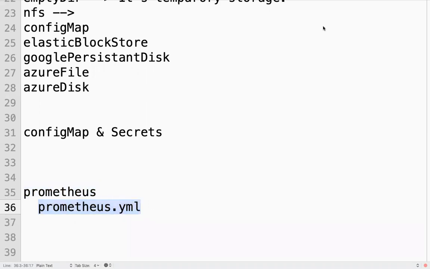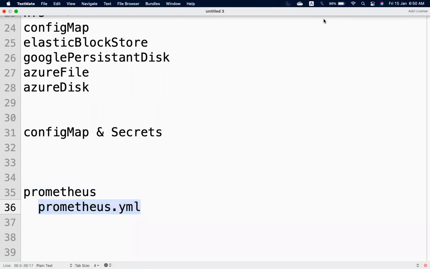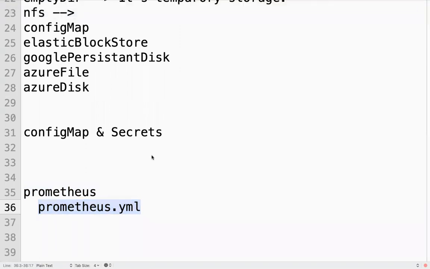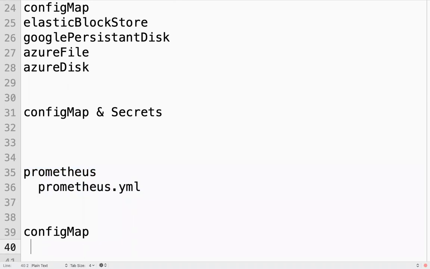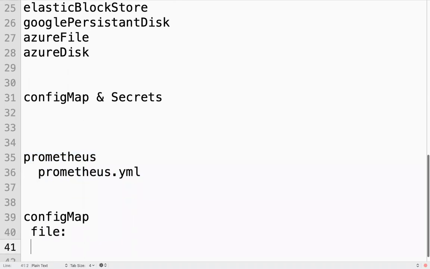This YML will be there inside the container, right? It will be part of your container. So what I can do is create a config map with this file.